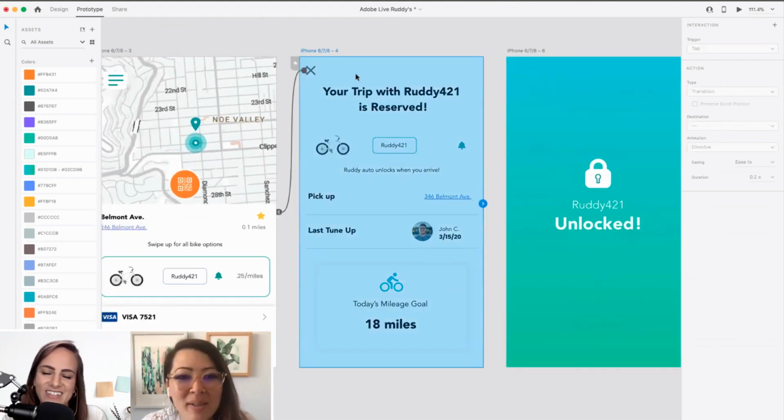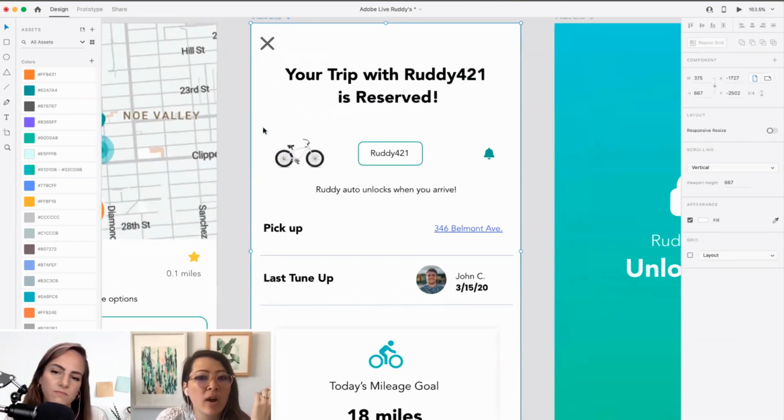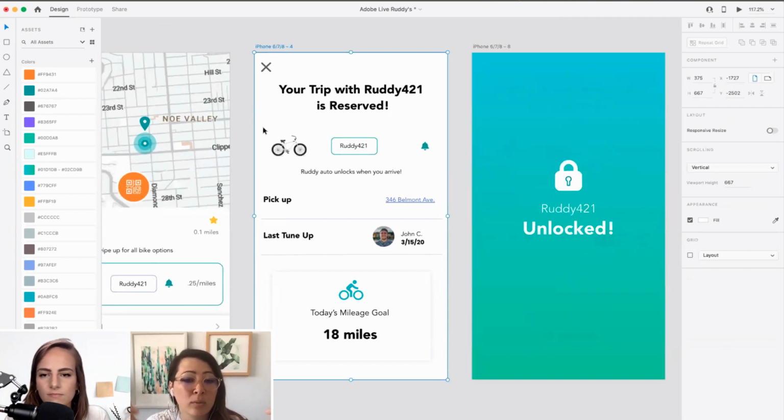All right, so this one's also going to be a timed transition. What I was thinking is that when you've gotten close enough, within 3 to 5 feet of Rudy, your bike, it's going to just automatically unlock. So you don't have to unlock it or do anything. I was trying to think of the least amount of steps the user has to do. So he's just going to arrive at Rudy and it's going to unlock automatically and vibrate, because I was thinking about accessibility, maybe the phone's in their pocket. Or maybe if they have visibility issues, it can just vibrate. And then third, there's audio, the bike will say, hey, hop on.